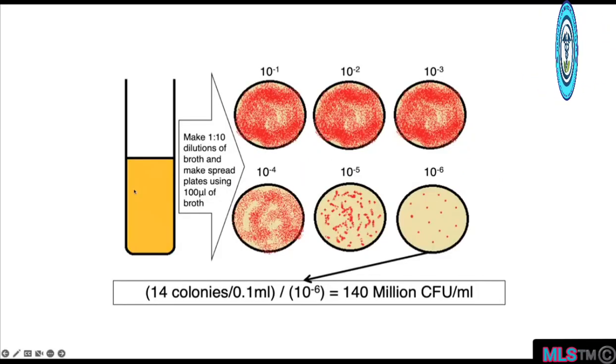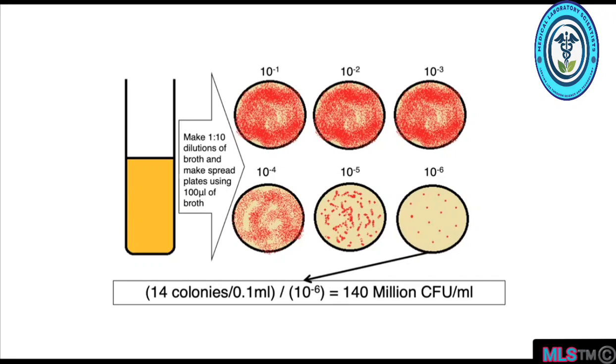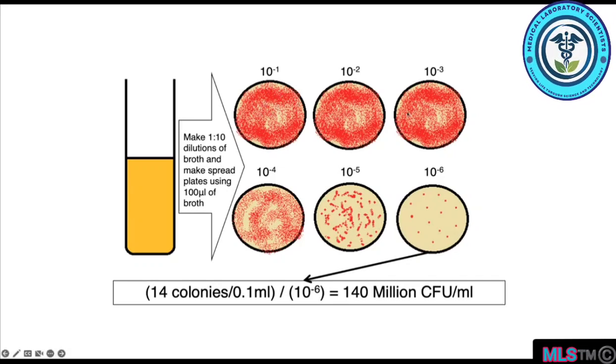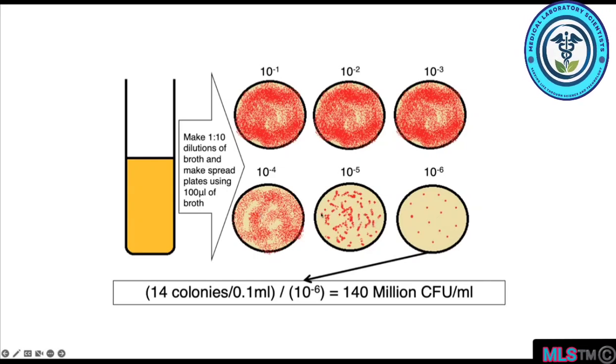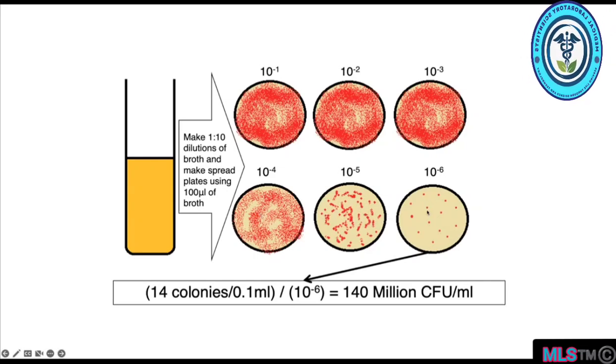So if we look at our broth suspension of bacteria, we can make dilutions of that, so a 1 in 10 dilution series, such that the number of bacteria in each dilution is lower and lower and lower. If we plate out that dilution series onto agar plates, we can then see that we go from nearly confluent growth, lots and lots of organisms, and as we dilute the sample more and more, you can see that we eventually get isolated colonies. And at some point, we'll have colonies which are isolated enough that we can actually count